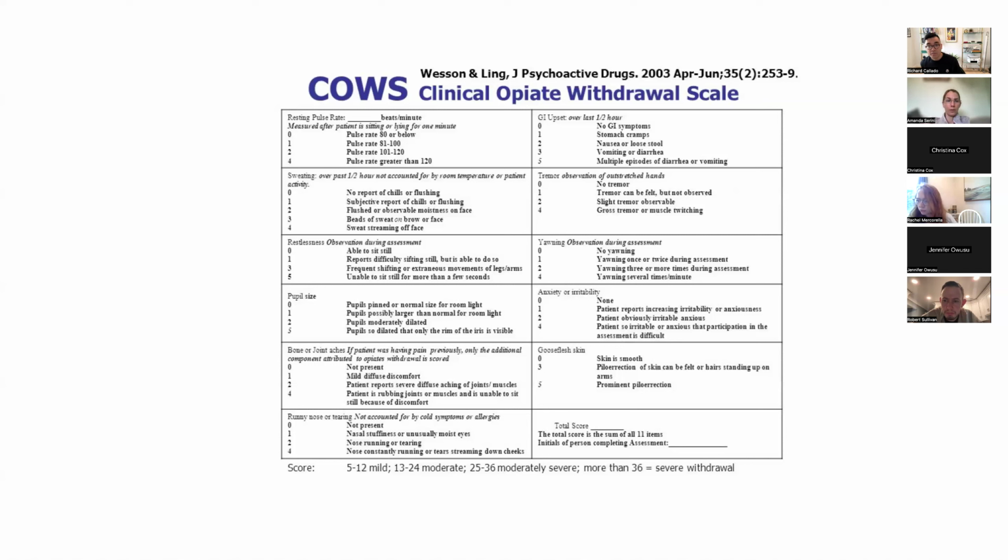Yes. So a partial agonist usually has a higher affinity for a receptor, right? Like I think I told you guys last time, you can only have one neurotransmitter or one molecule bound to a receptor at the same time, right? Do you agree? You can only have one. And since you can only have one, let's use heroin, for example. It's bound to that receptor, the opioid receptor. Once you give someone Suboxone, that heroin is going to be bounced off. So that partial agonist is going to stick on there. It's going to give them rebound withdrawal.